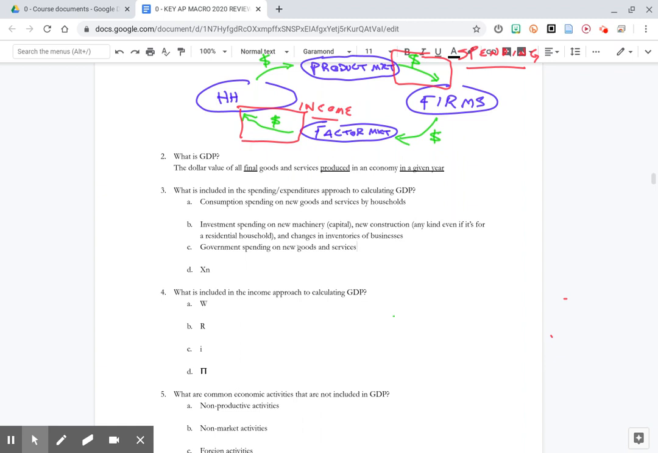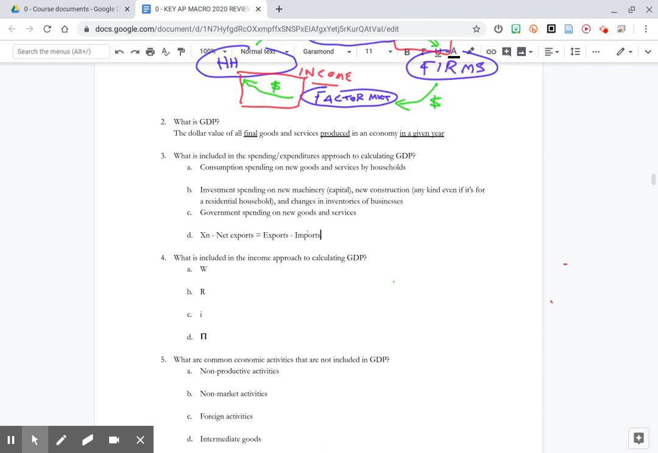But the exception of that would be that if the government, say, builds a new bridge, it would count here. And then this one is net exports, which are equal to exports minus imports. And so we subtract out the imports because they count for someone else's GDP, because they were produced in a different economy. So we would subtract out the imports, but we count the exports for us because they are